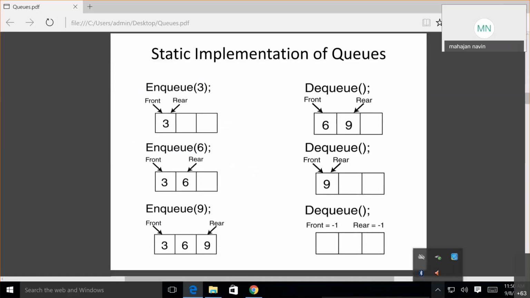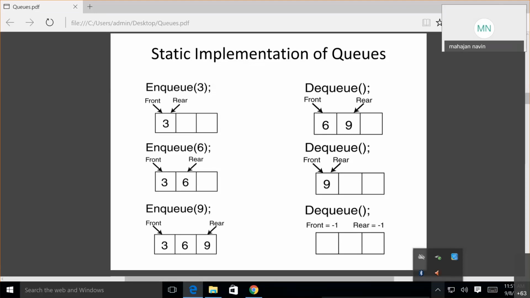See this static implementation of a queue, where initially front and rear can both be -1, and as soon as you insert the first element, front will point here and rear will point here. Now if you insert one more element, what will happen?